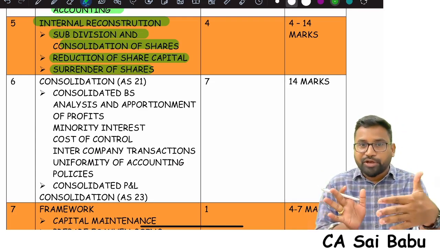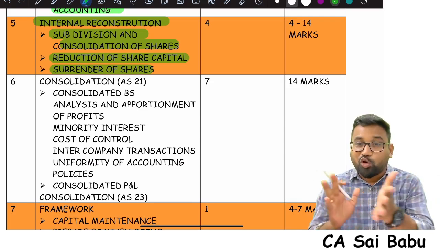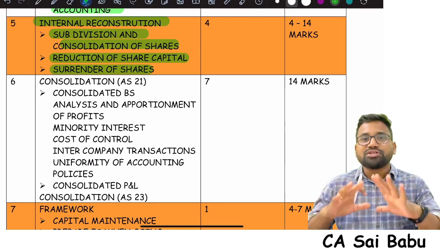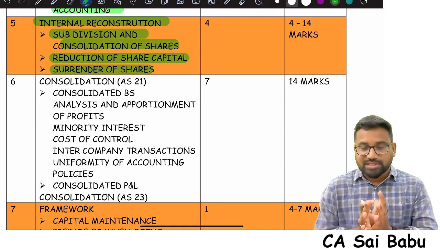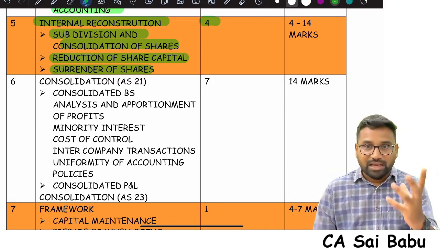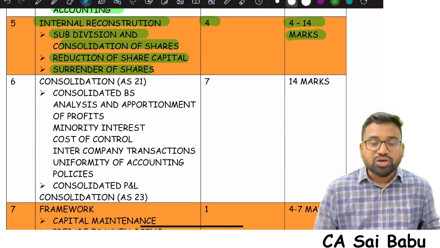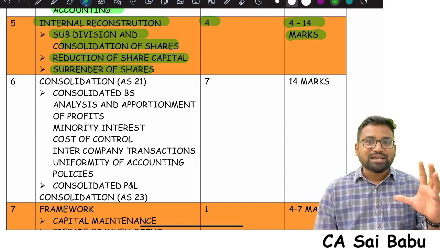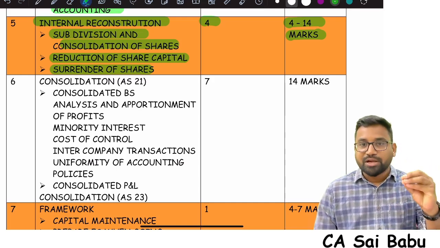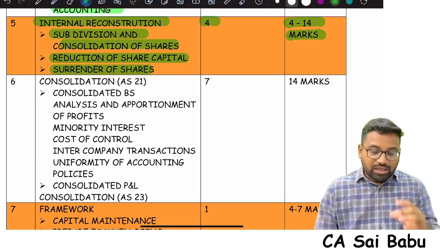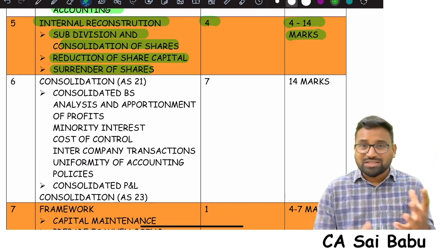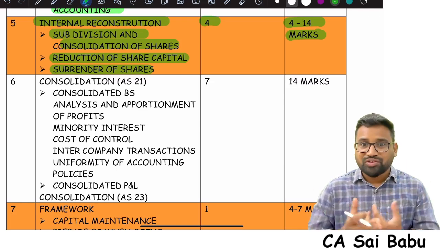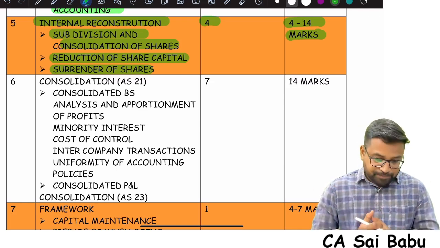There is a concept video relating to internal reconstruction theory of around 40 minutes. Within this 40 minutes, you can complete the entire concept. And 4 hours is what I'm allocating for it. And 4 to 14 marks you will get. Solve only the suggested ICAI study material questions first. Okay, last time I gave an important questions list. This time also, if possible, I will give you the list of important questions you are going to focus on.